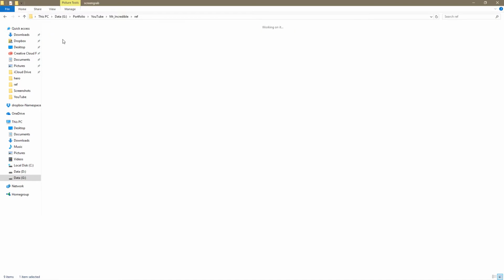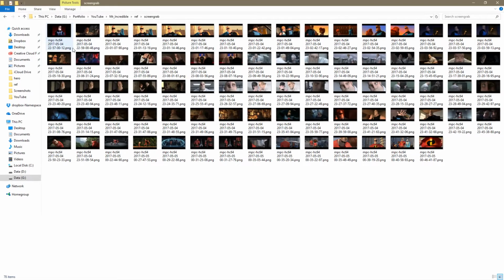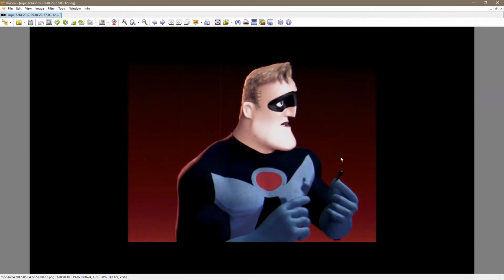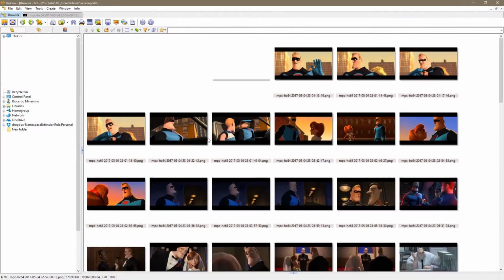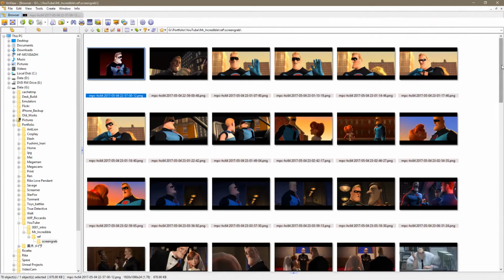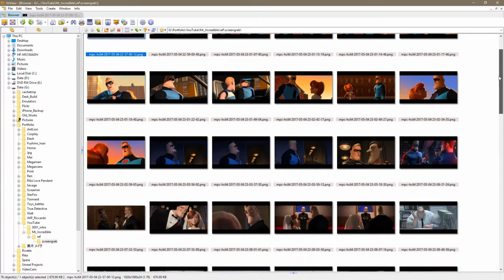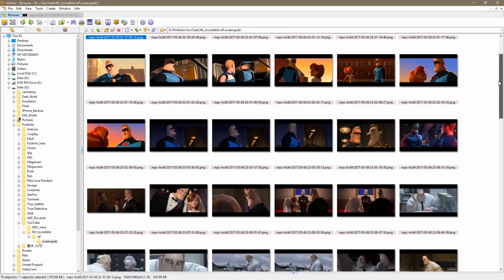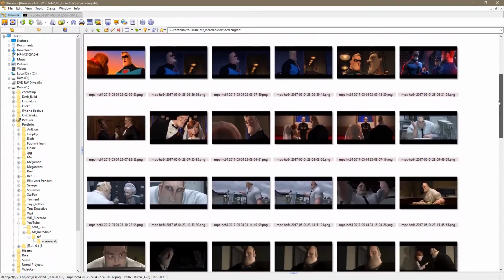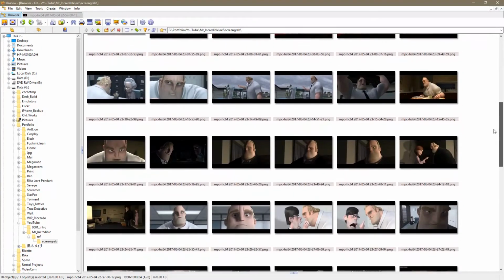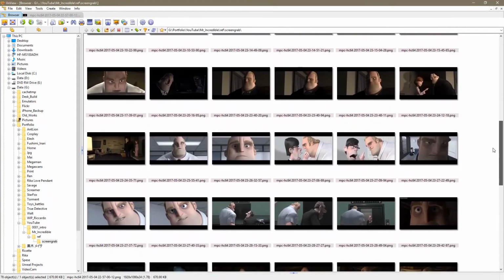I've taken a bunch of screen grabs from the movie, and as you can see here, a bunch of screen grabs in different angles of his face, different lighting conditions, and